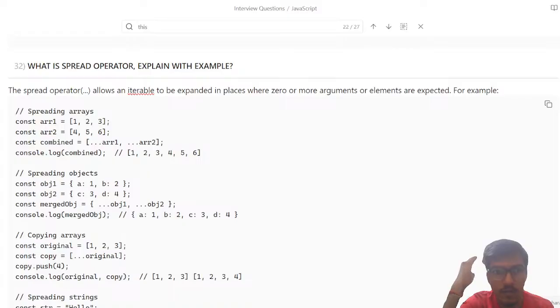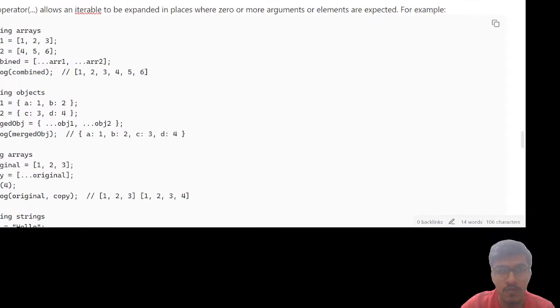The spread operator allows an iterable to be expanded in places where zero or more arguments are expected. For example,